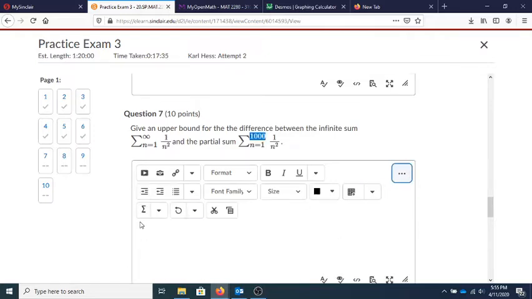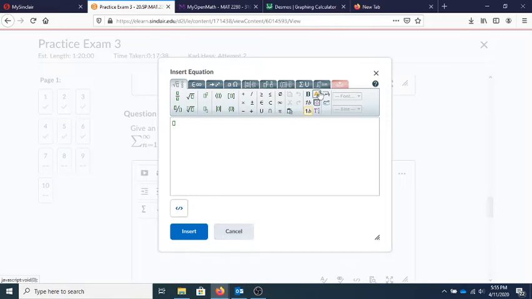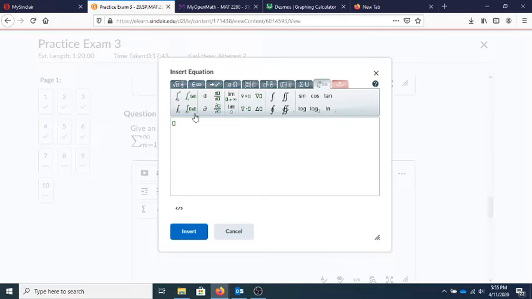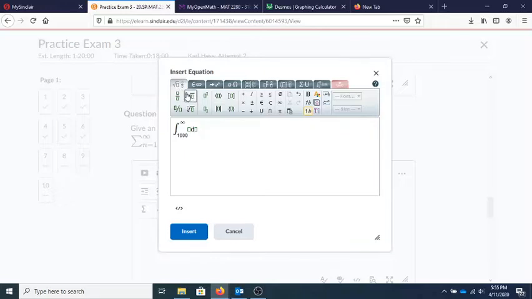So let's go to our 3 dots, open our equation editor. So we're looking for an integral that has its own little tab over here. Okay, I kind of like this little template right there. So it's an integral from 1,000 up to infinity. So I need to click that little infinity tab. And then I need a fraction, so let's go back to the first tab. So that'd be 1 over x, oops, just 1x, but it needs to be squared,